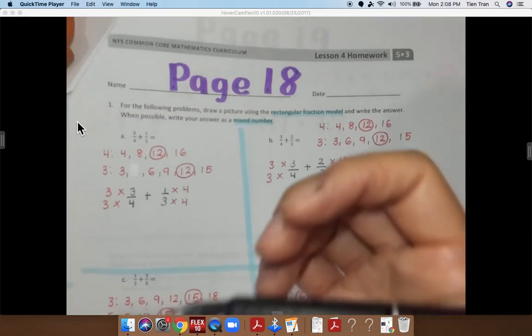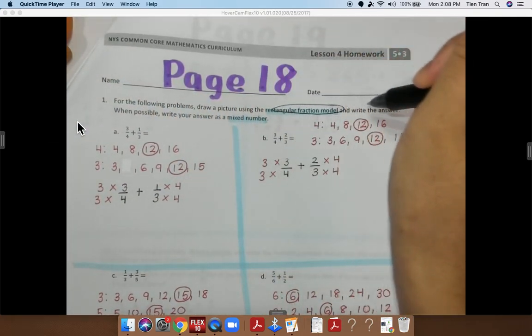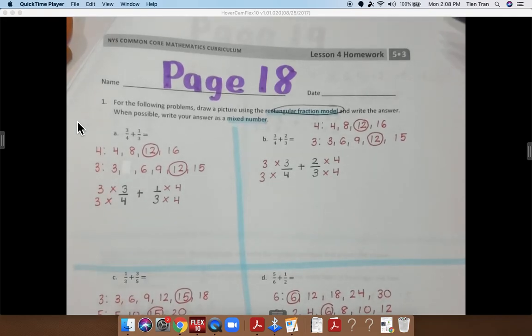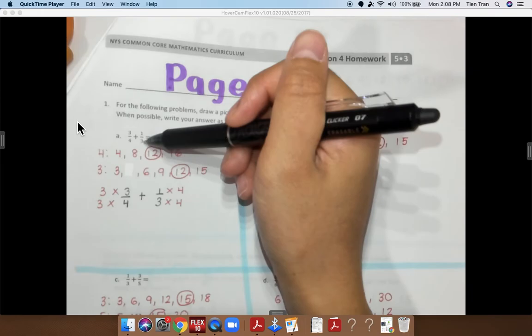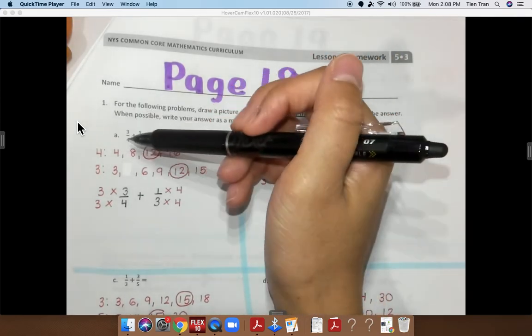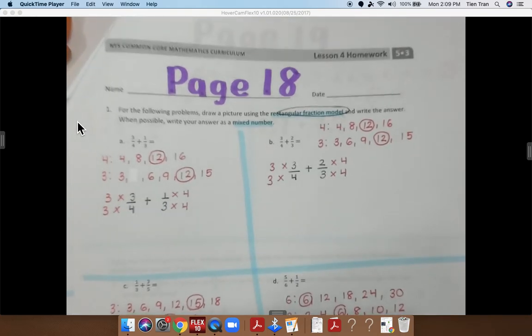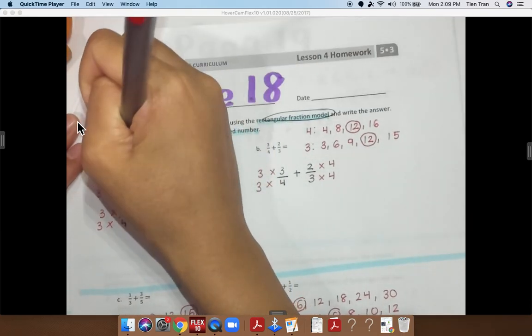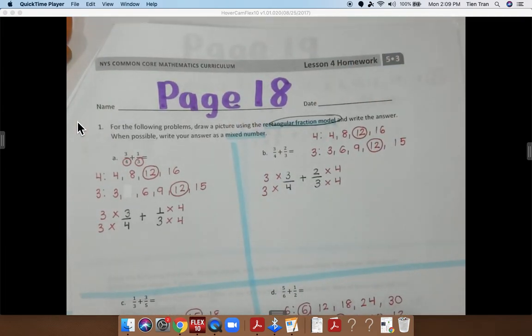So, first thing I'm going to do is I am not going to be using the rectangular fraction model, but I will be using the standard algorithm. So I am going to be adding 3/4 plus 1/3. I am finding the multiples for 4 and for 3. Why am I finding the multiples for 4 and for 3? Because I want to make sure that I am writing my multiples